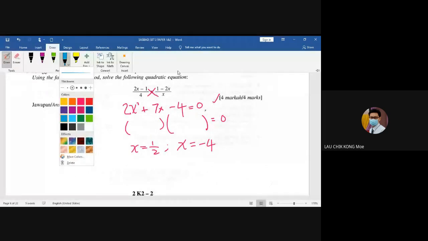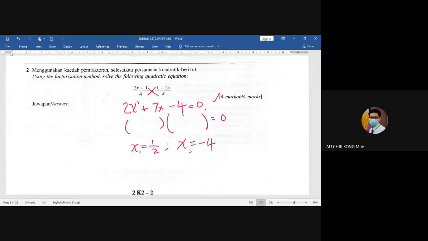Jawab ini, okay, dia tulis S1, S2. S1, S2 ini ialah jawapan daripada kalkulator. Dia nak memberitahu ini jawapan pertama, ini jawapan kedua. So apabila kita tulis, ini 1, 2, jangan tulis, sebab kita bukan cari S1, S2. You kena remember, we want to find the value of X only. So ingat lain kali kalau jumpa soalan macam ni, 1, 2 itu tak payah tulis.